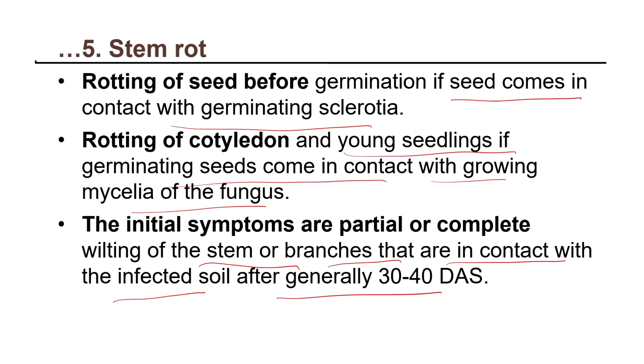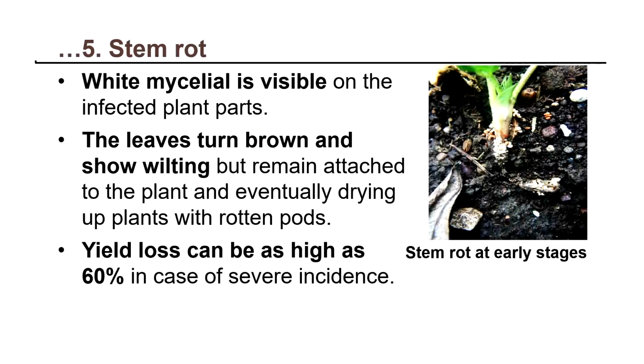If we go for adoption of crop rotation, we can surely reduce the fungus growth, and if we take cereal crops or sugarcane crops in the rotation, that will surely reduce the population of the fungus in the soil. White mycelium is visible on the infected plant parts. On the right side, you can see the stem rot. The rotting is in this part, lower part of the stem, and you can see the white growth of the